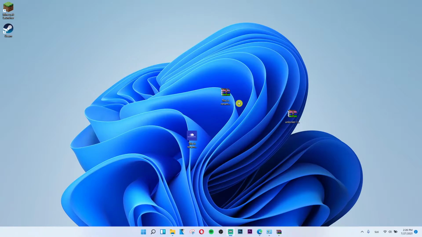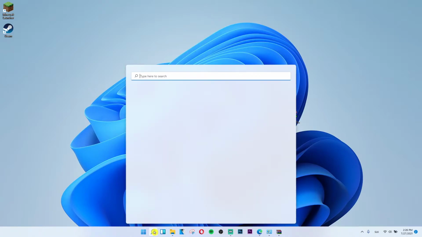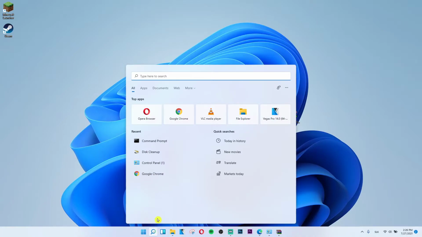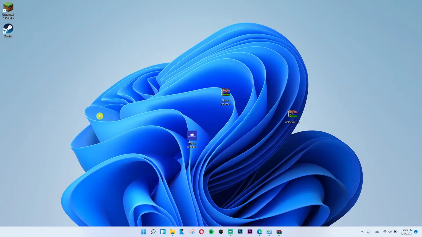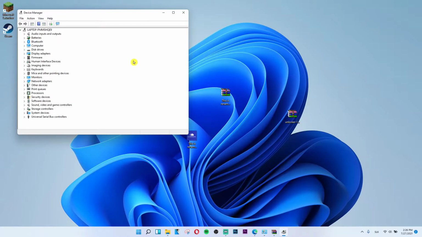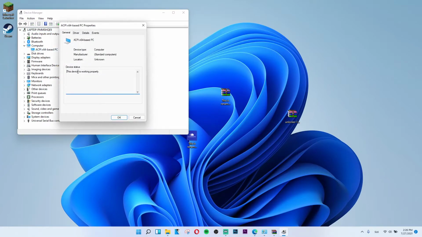So let's start. The first thing you want to do is just go to the bottom and click on the search. When you have it, you want to write device manager. Nice, here we go. And when you got it, you want to go further and click on computer. Then right click on it, properties,